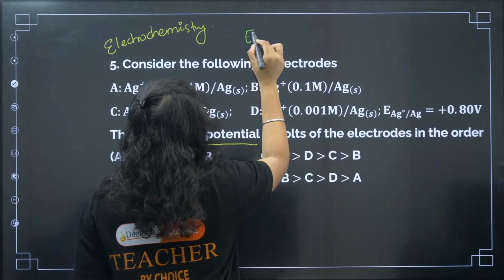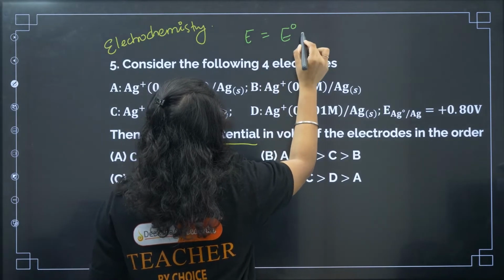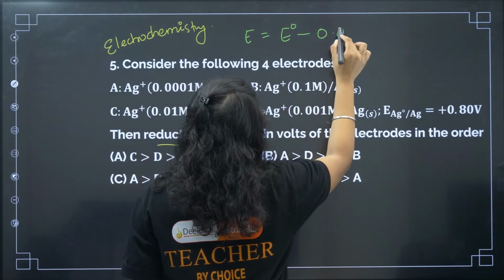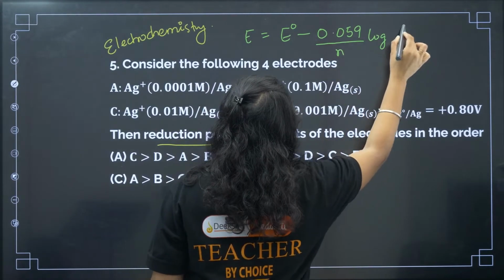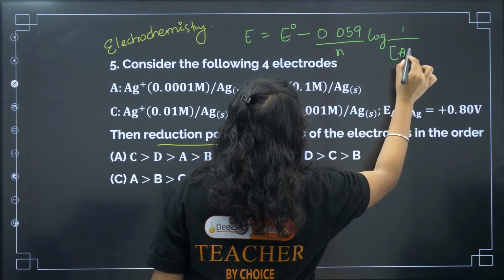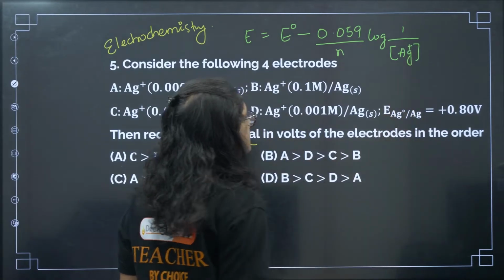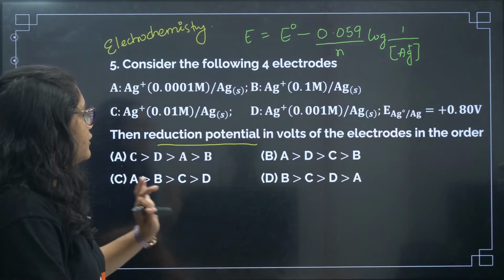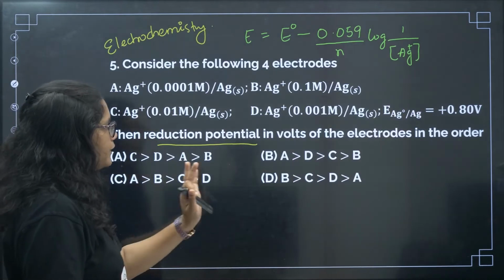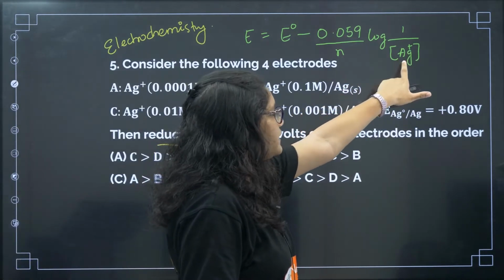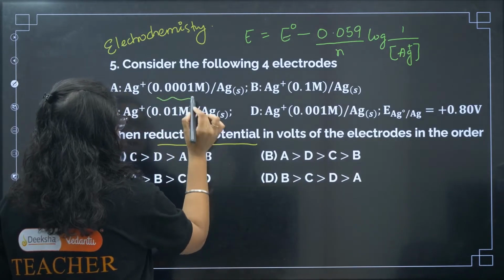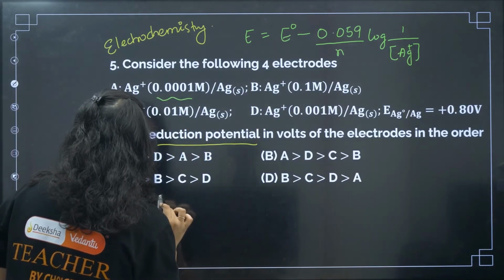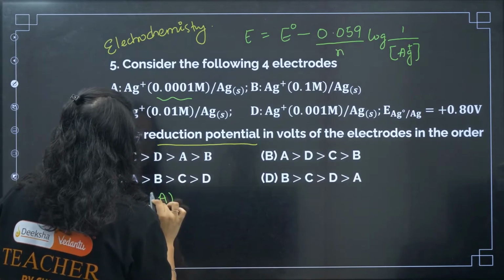So E of the electrode is equal to E naught of the electrode minus 0.059 by n log of 1 by that ion. Okay, this is the formula, right? So now if you see, we need to put the concentration of Ag plus, right? So now if you see here the concentration for option number 1, for the A electrode,